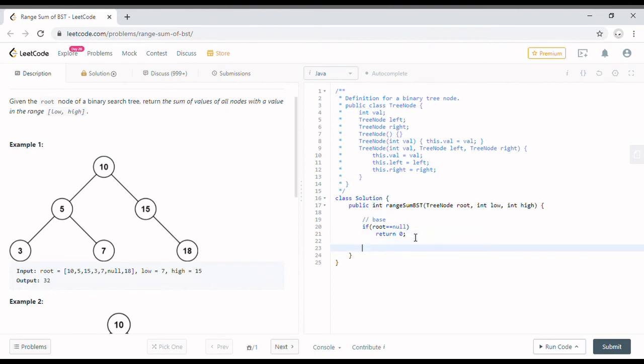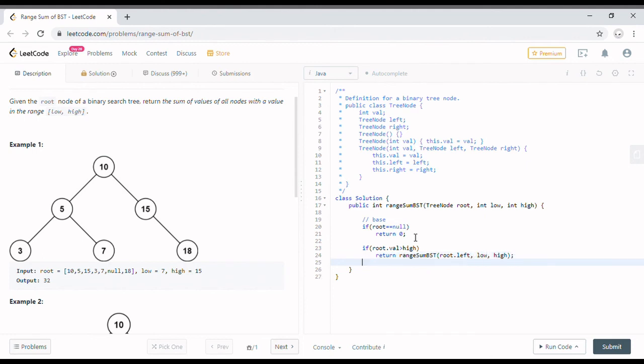Second condition, if root dot value is greater than high, then I will just return range sum bst of the left subtree: root dot left, comma low, comma high.